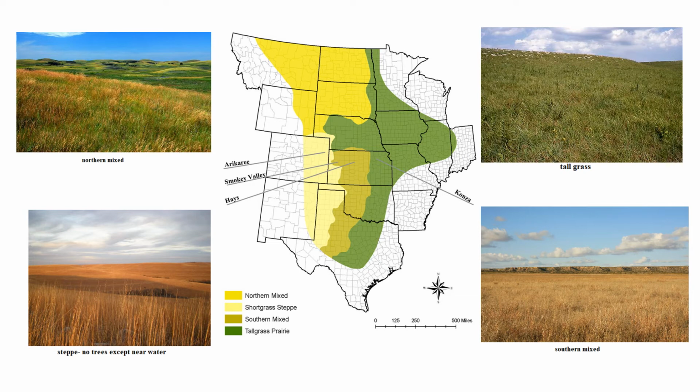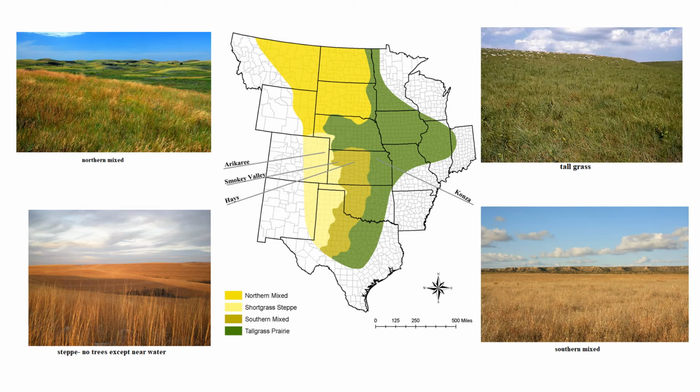So you've got the long grass, that's the big area, and you've got the short grass there in the westernmost part, mostly in the south. Then you've got the northern mixed, that's kind of, they got tall grass, they got short grass, and then the southern mixed, which also has a mixture of different types of grasses, but has a slightly different look and feel to it. So here, 4 pictures of grass to help give an idea of what I'm talking about.